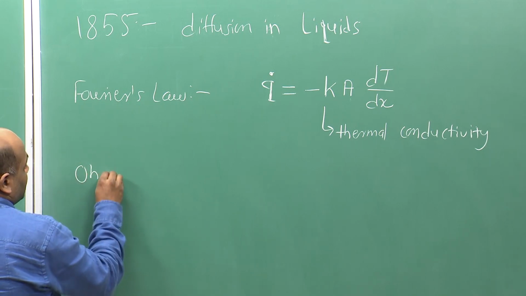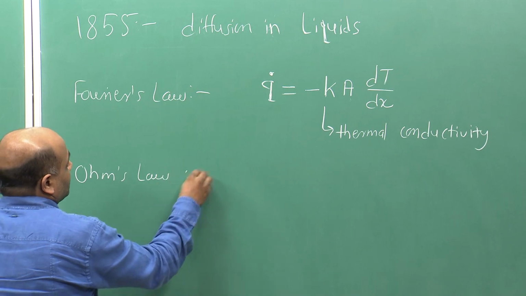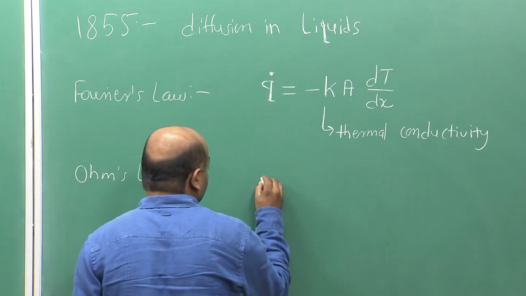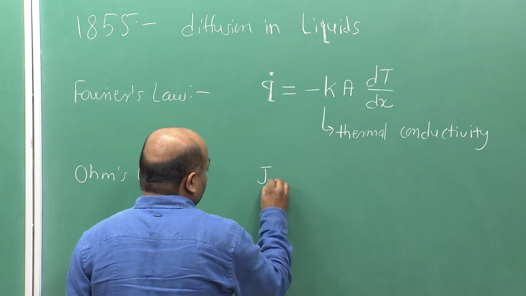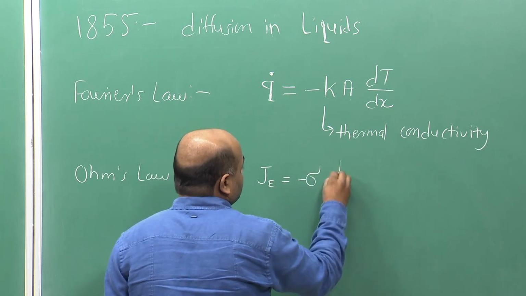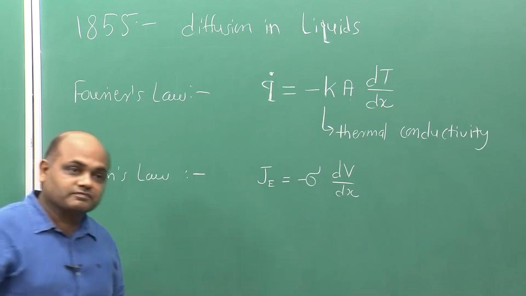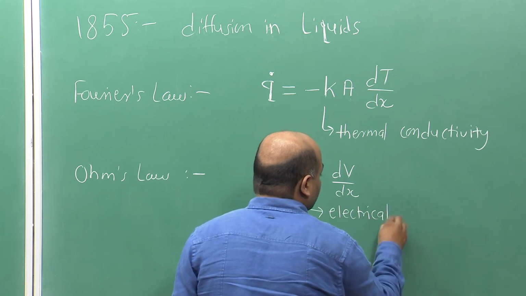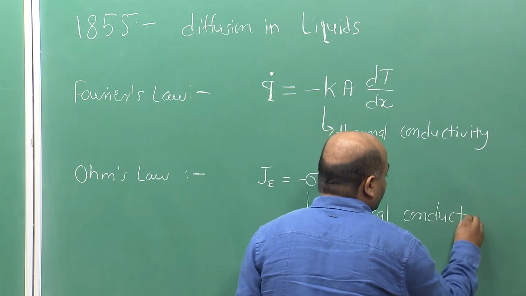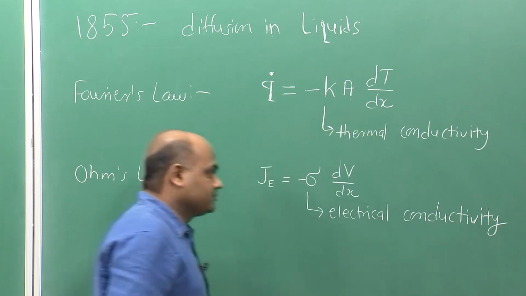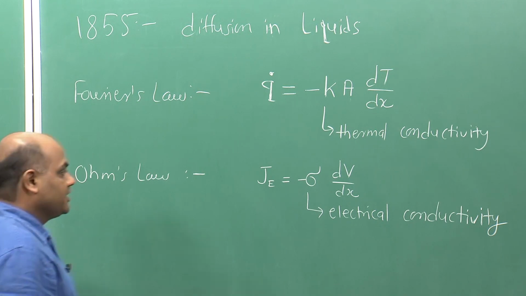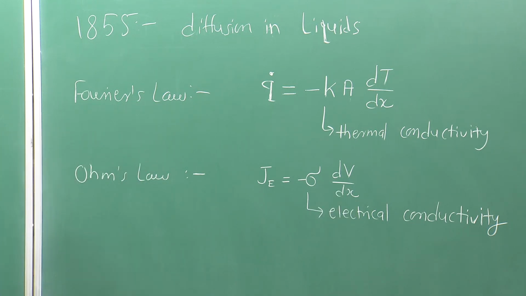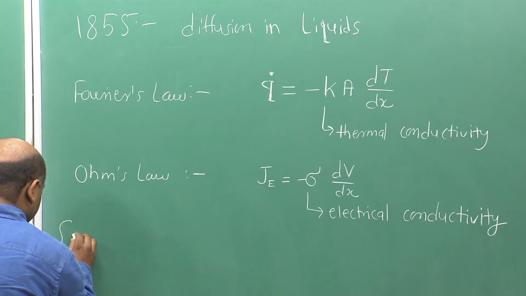Similarly, in Ohm's law, you can write J_E is equal to minus sigma dV by dx. In this case, sigma is the electrical conductivity, and dV by dx is the electric potential gradient. So, by drawing this analogy, Fick proposed, in his original notation, the amount of salt